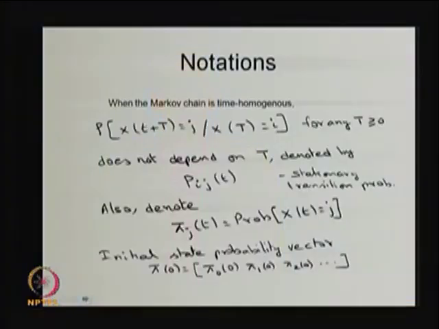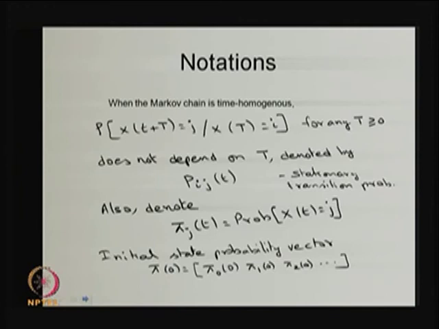Similarly, I am denoting the next notation, pi j of t. The Pij of t is a conditional probability, whereas the pi j of t is an unconditional one. What is the probability that the system will be in the state j at time t? There is a possibility the system would have come to the state j before time t, at time 0 itself, or just before t, whatever it is. This probability gives the interpretation of what is the probability that the system will be in the state j at time t. It only gives the information at the time t. This is an unconditional probability.